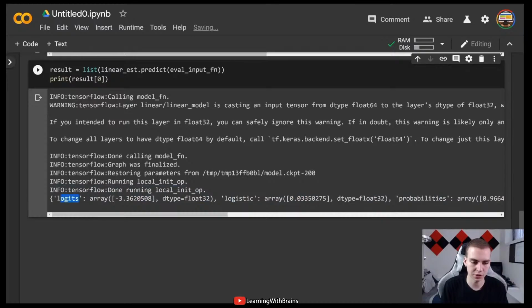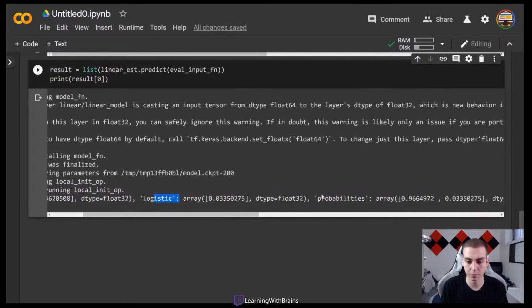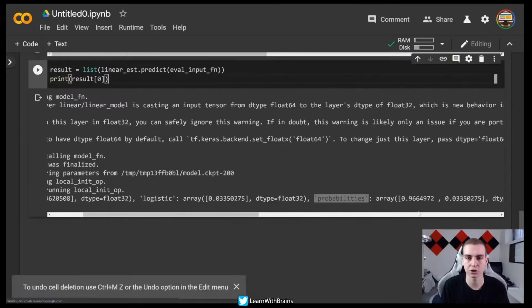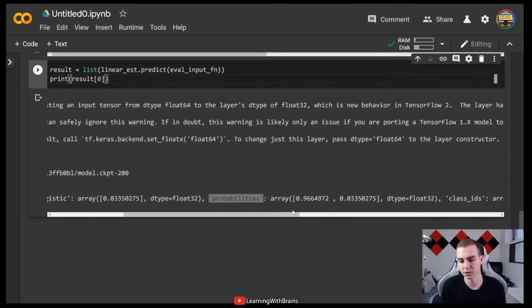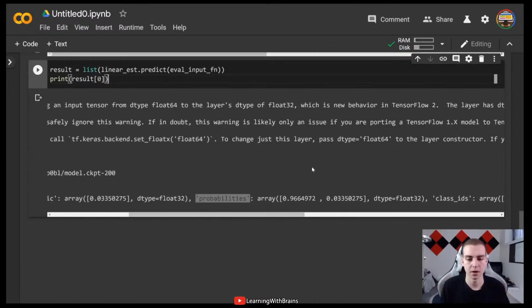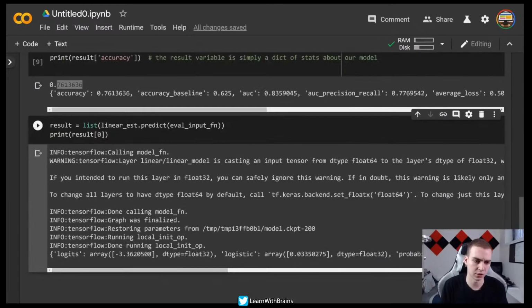This is our prediction. So logistics, we get some array, we have logistic in this dictionary, and then we have probabilities. So what I actually want is probability. Since we ended up with a prediction of two classes, either 0 or 1, we're predicting either someone survived or they didn't survive, or what their percentage should be. We can see that the percentage of survival here is actually 96%, and the percentage that it thinks that it won't survive is 3.3%. So if we want to access this, what we need to do is click do result